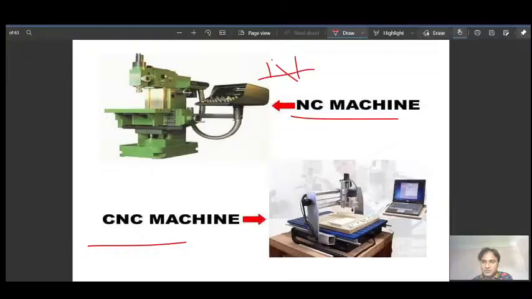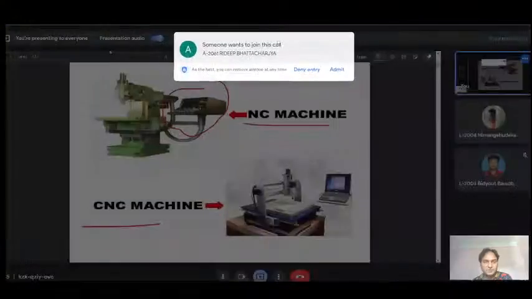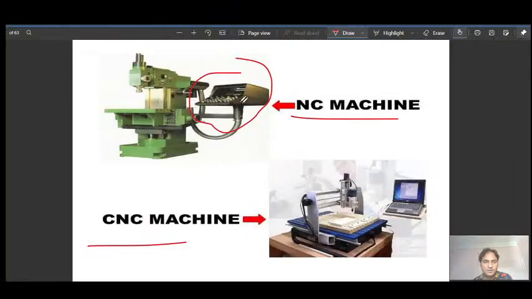Again you see this setup to make the punch card. So these are the buttons that will be used in making the punch card. And once the punch card is ready, it is supplied to the NC machine, and then in the controller part, the program is executed.